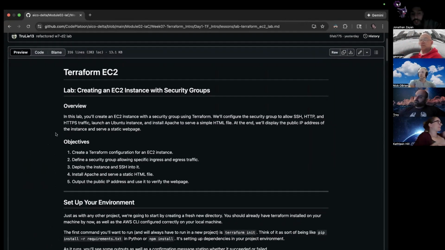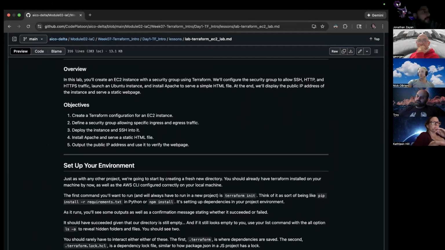So for the lab, what we're going to do is create an EC2 instance with security groups. The overview: in this lab, you will create instances with a security group using Terraform. We're going to configure the group to allow SSH, HTTP, and HTTPS traffic.